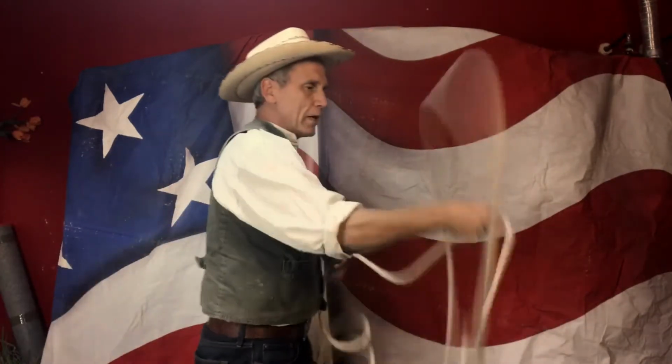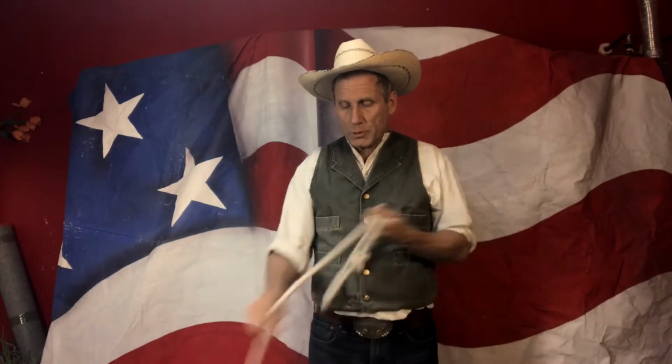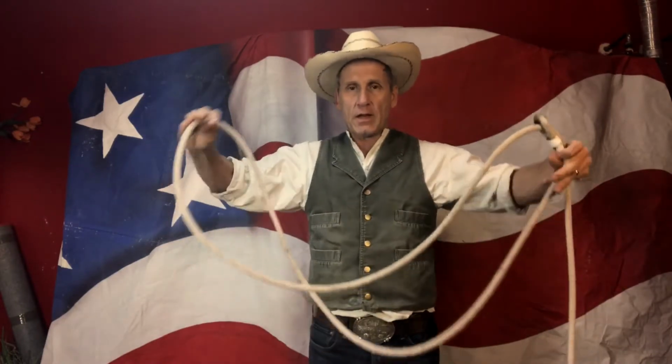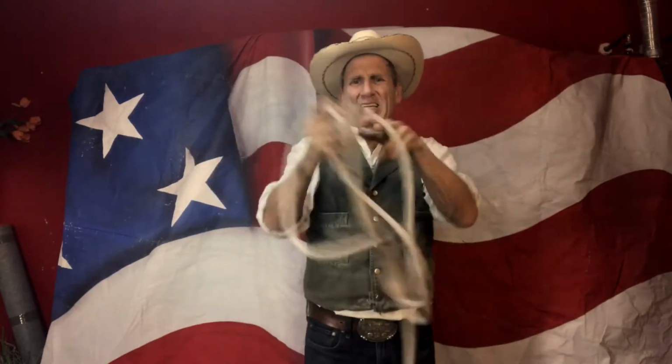When you spin a rope, and if you keep spinning the rope in the same direction, if you were to hold it, I can't do it here in my lighting area, but if you were to keep spinning a rope in one direction, you would basically kink that rope up. And you can see that if you really are spinning a rope in a certain direction, and it starts doing this. And then when you let go, it goes, and it's a problem, because when you're trick roping, you can't have that, because what happens to the loop is that it goes, and then all of a sudden out of nowhere it'll go like this, and it'll be all wound up, and you'll be trying to rope, and it won't work,